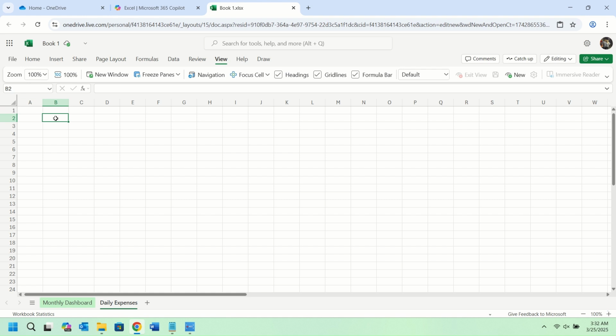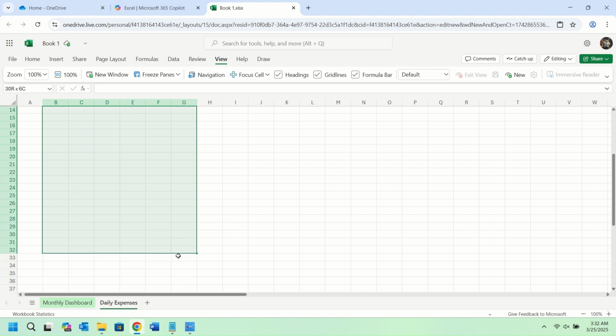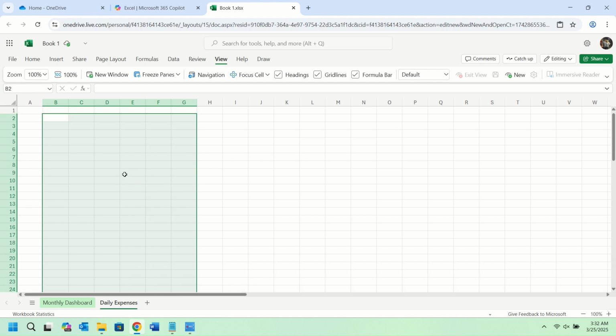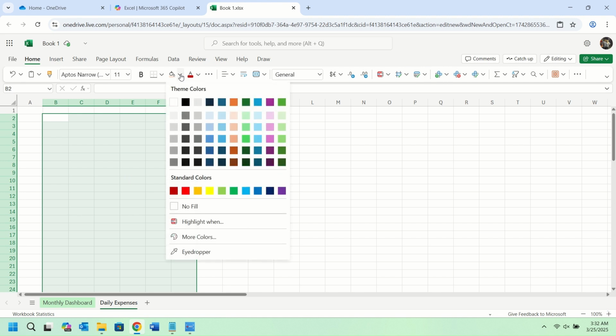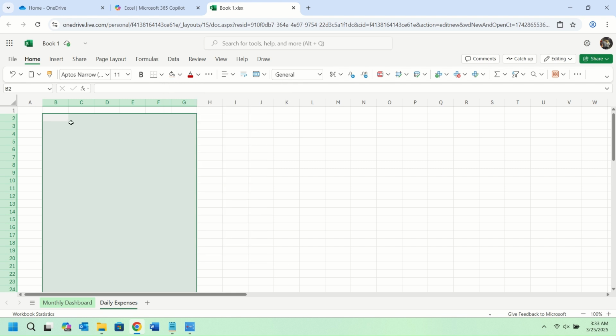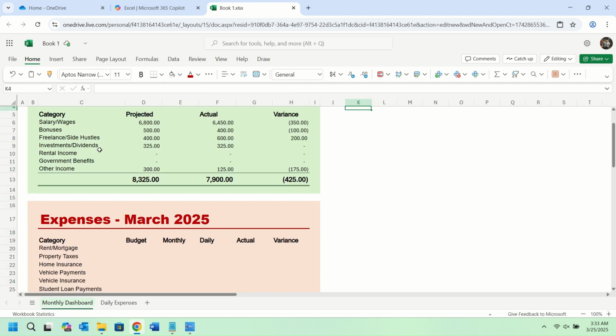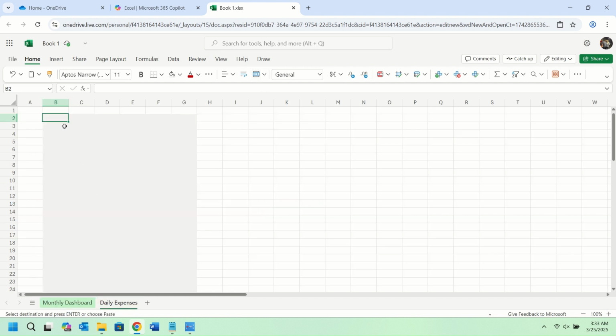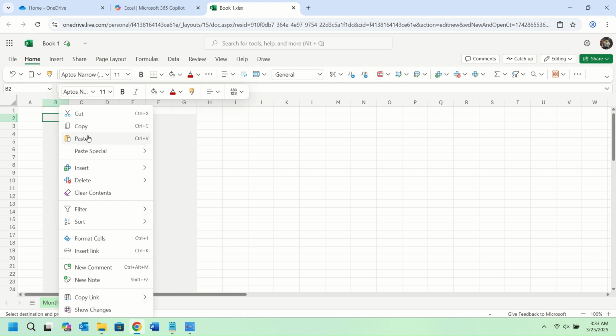let's skip the first column and the first row, and we'll just highlight a couple of cells here, maybe up to 50. That should be fine. Go home and we'll make this one like a lightish gray, like that. Now let's use the same formatting, so I'm going to copy this, paste it here,